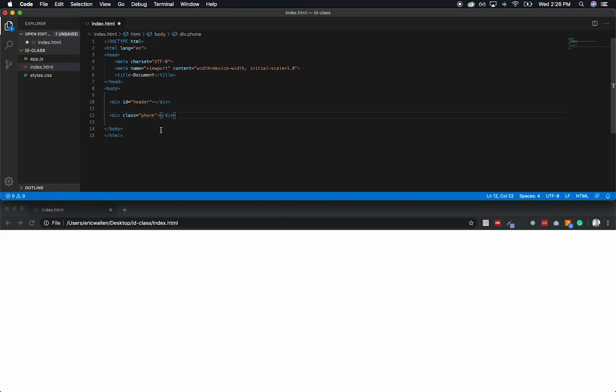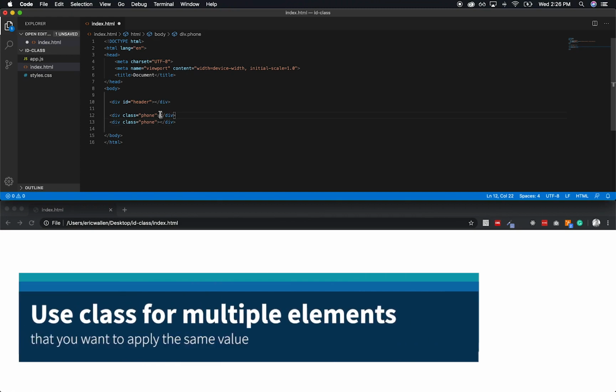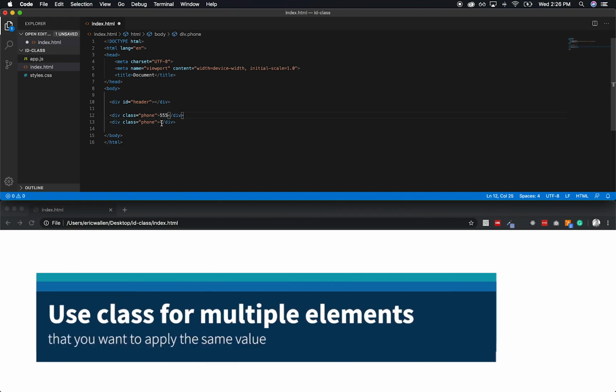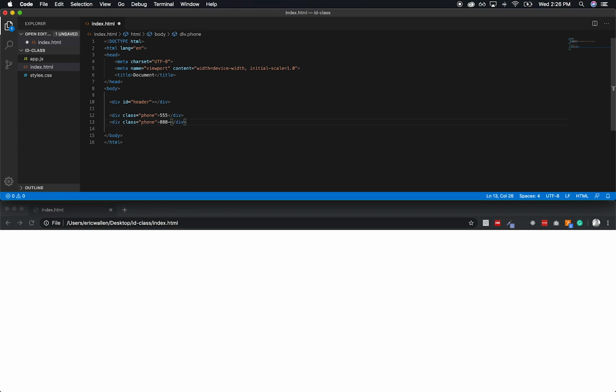Okay, so now that being said, let's say this right here is legitimate, okay? So if I have multiple phones, let's say 555 and this one's 888, we could sit and put numbers in here if we want. But this is legitimate, and this is what we call valid HTML, okay? Now, if I decided that I wanted to put IDs on here, okay, this is not valid HTML